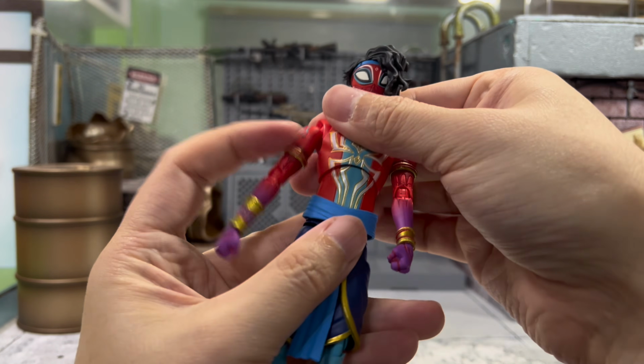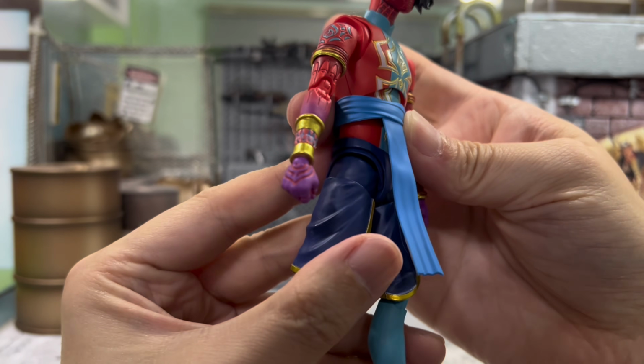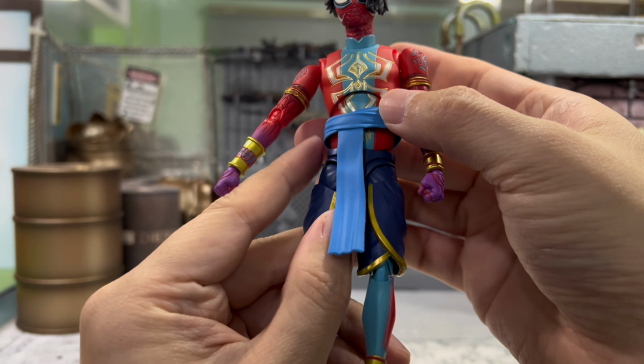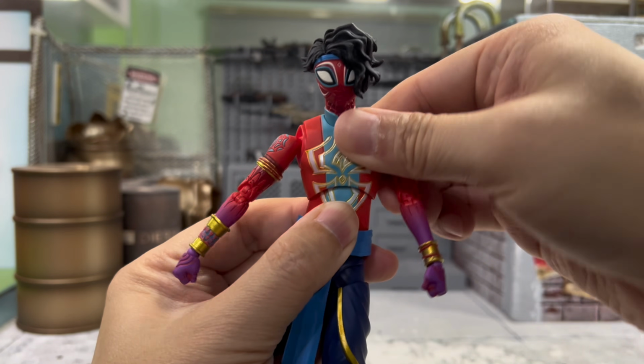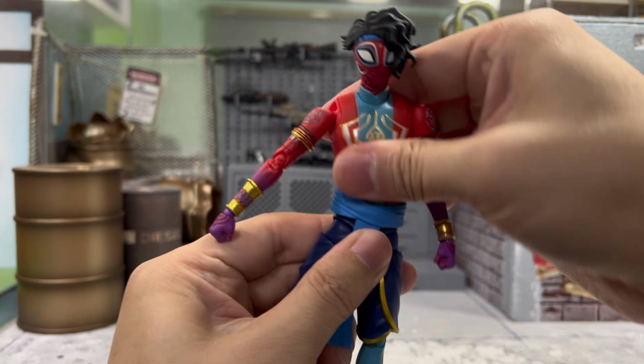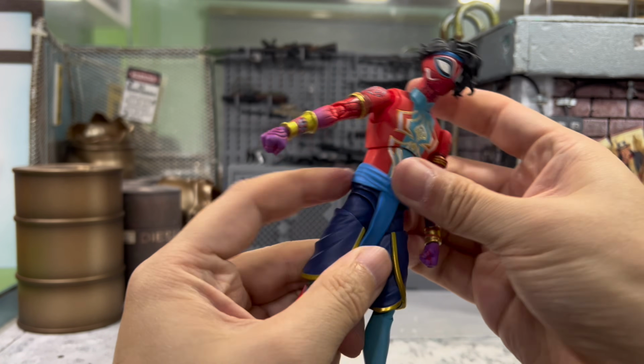And for his torso, two points of articulation. You can see one's right beneath here. I just love the idea that they use it to cover it. Okay, so he can move around very easily. As for his waist as well, I can just swivel it around. Turning side to side is pretty